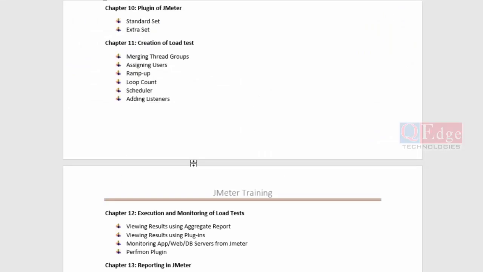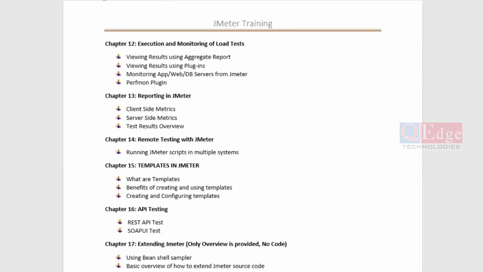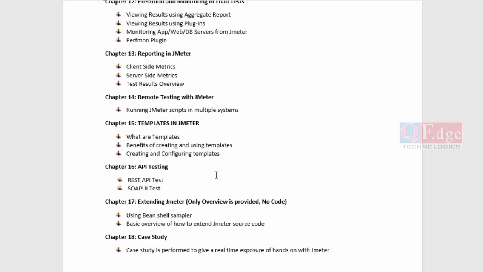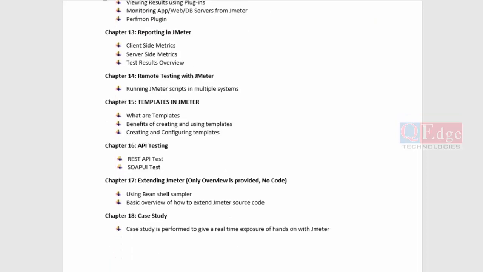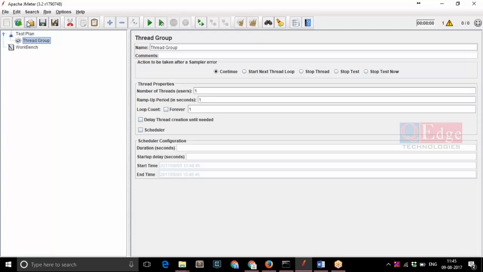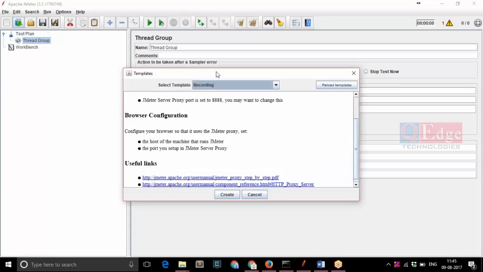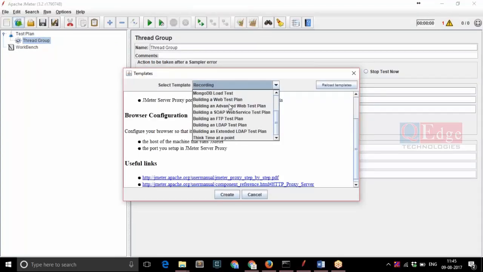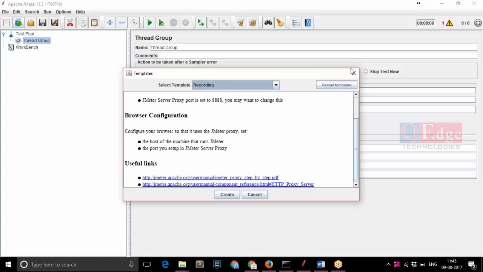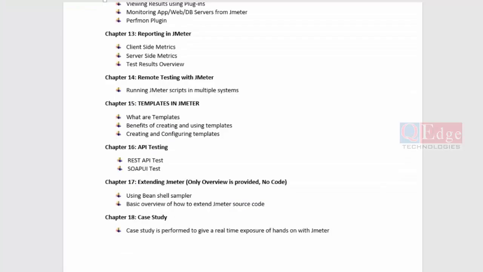Now, when we look at the reporting aspect, JMeter has an inbuilt reporting aspect called a listener. We'll go through each and every aspect of it. In addition to that, there are a few extras that we are going to cover during the session, around the various kinds of listeners that are possible. Now, in terms of remote testing, or how to maintain all the templates, this gives you a standard set of templates, there are a good amount of templates, so we'll be able to create our own. We'll be covering that too.